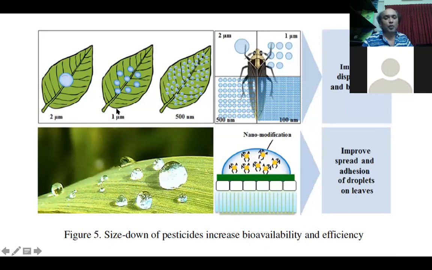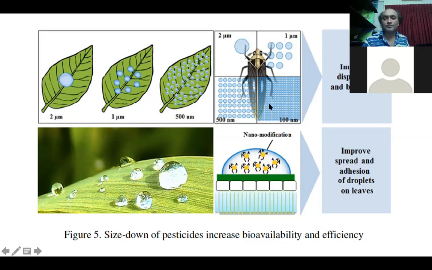But if it is 1 micrometer, you see the same amount can form several droplets. But if 500 nanometers, you see how nicely it is distributed on the surface. So if there is a fungus or insect there, there is no way to escape. So bioavailability is increased. Here you can see, with 2 micrometer and 1 micrometer, you can increase the size of the droplet and the efficiency of the